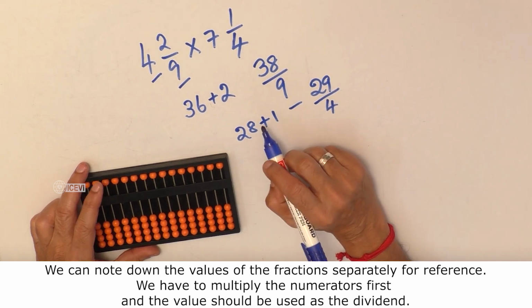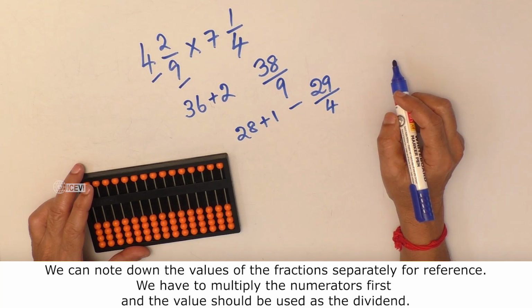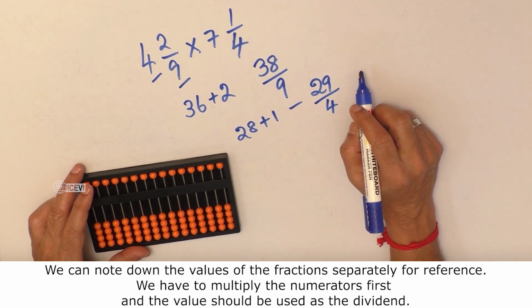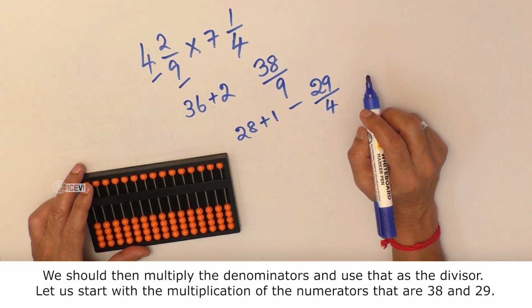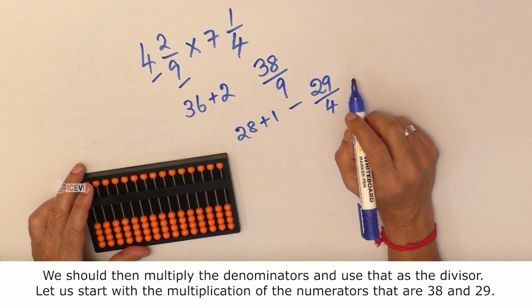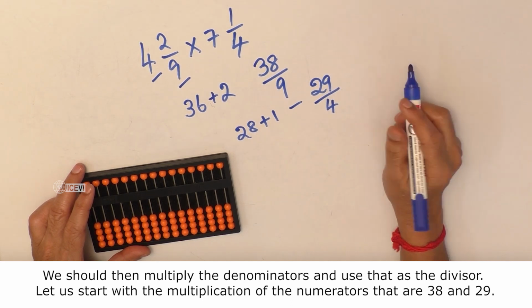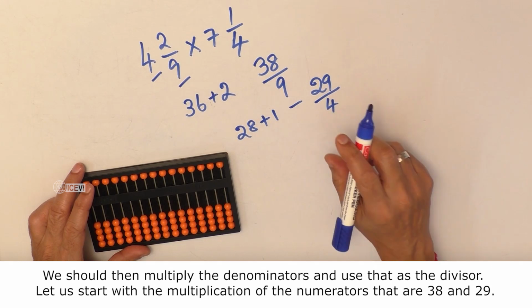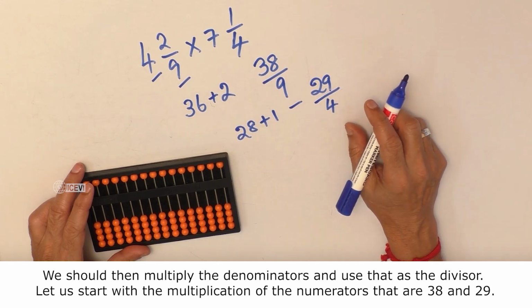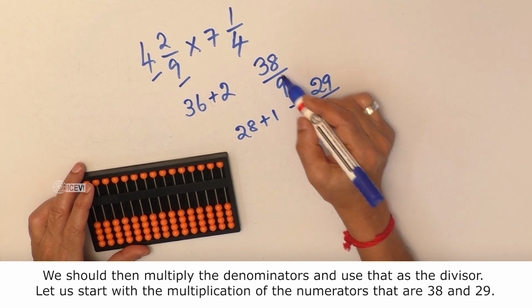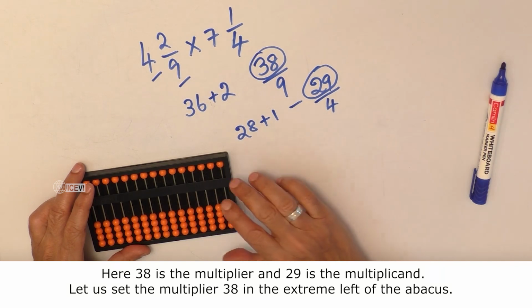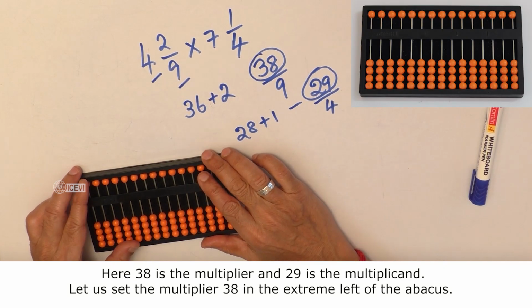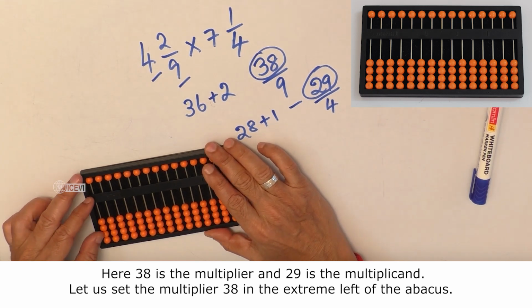We have to multiply the numerators first, and the value should be used as the dividend. We should then multiply the denominators and use that as the divisor. Let us start with the multiplication of the numerators, that are 38 and 29. Here 38 is the multiplier and 29 is the multiplicand. Let us set the multiplier 38